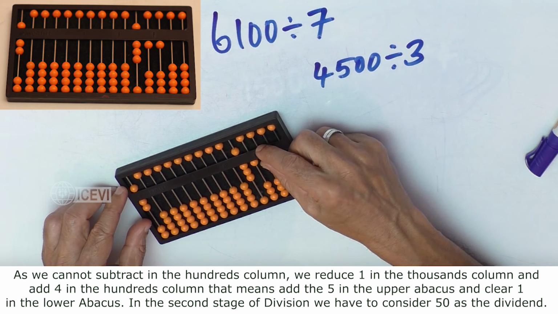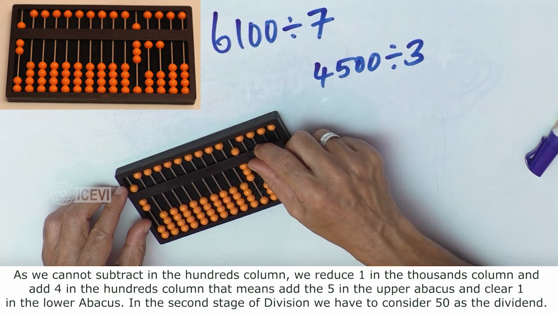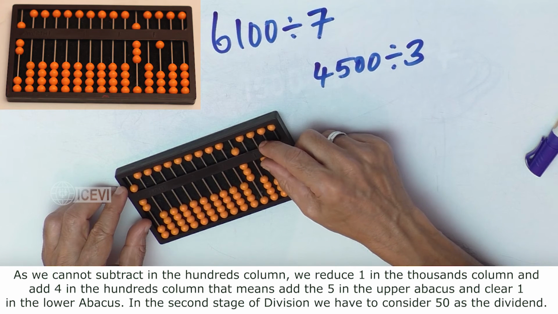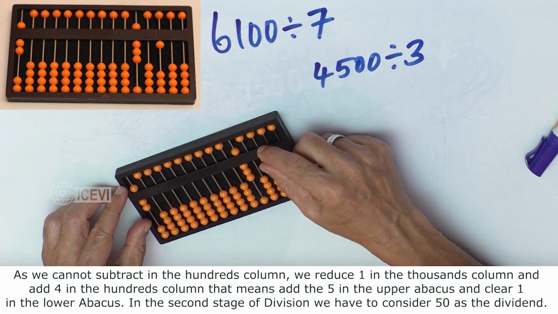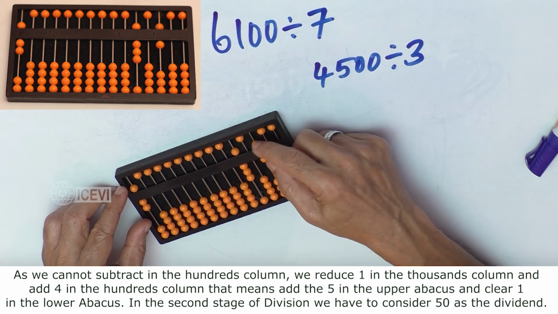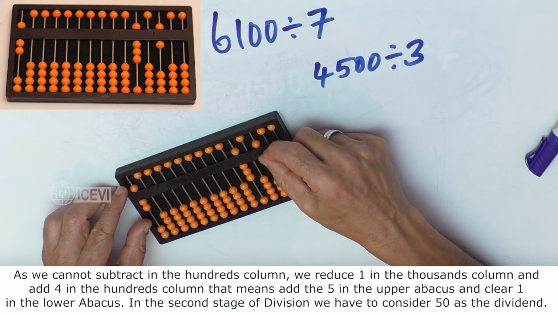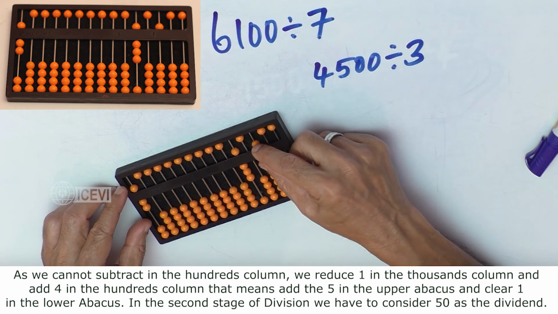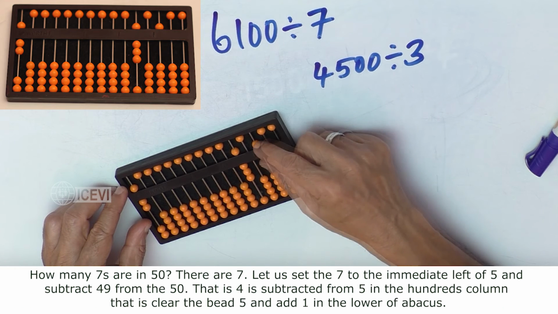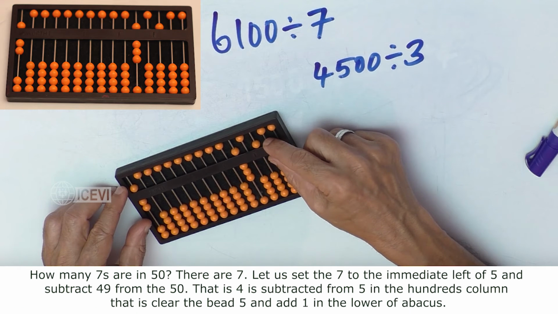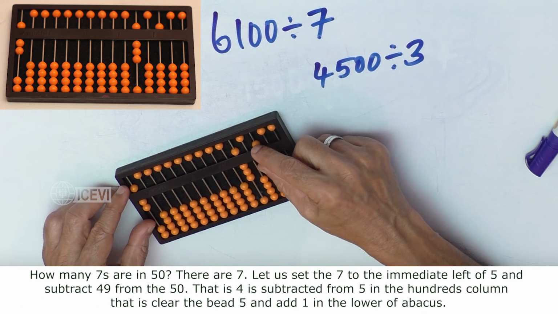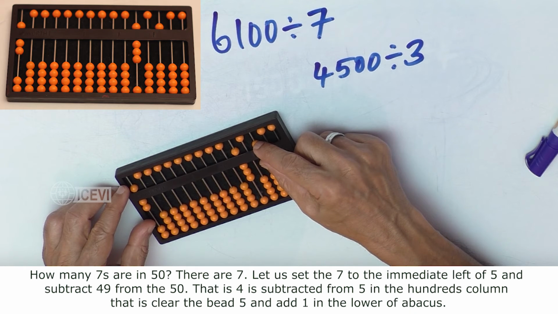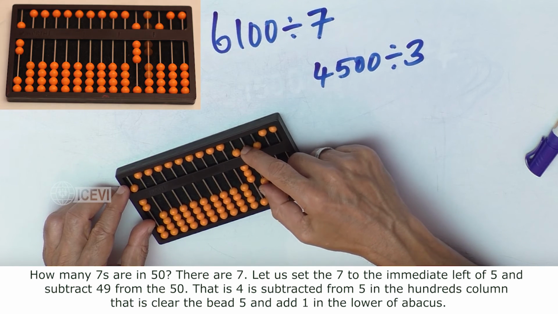As we cannot subtract in the hundreds column, we reduce 1 in the thousands column and add 4 in the hundreds column. That means add 5 in the upper abacus and clear 1 in the lower abacus. In the second stage of division, we have to consider 50 as the dividend. Now, how many 7s are in 50? There are 7. Let us set the 7 to the immediate left of 5